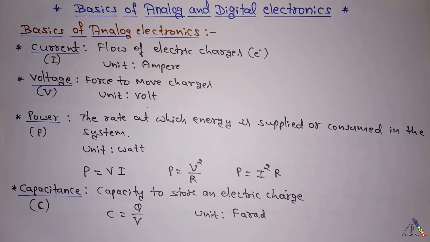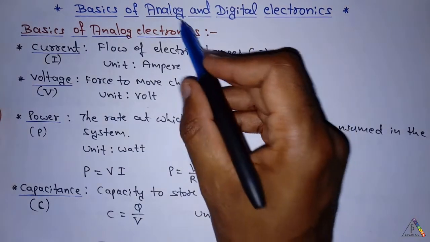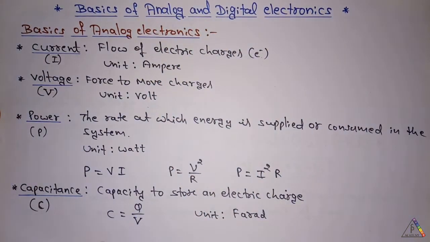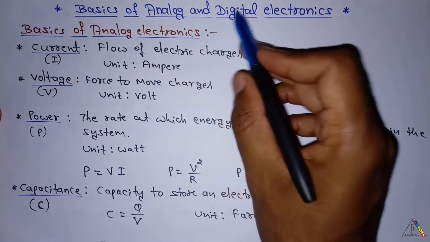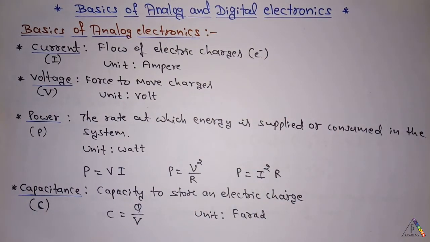In this video, I'm starting the concept of basics of analog and digital electronics, the electronics part in the physical science syllabus. The question is, what are these analog and digital electronics? The answer is, electronics is the branch of physics which deals with the electrons or the electric charges, and analog means whose output is analogous to input. That means for an electronic device or circuit, the output depends on the input. Digital deals with the two digits, that is 0 and 1.